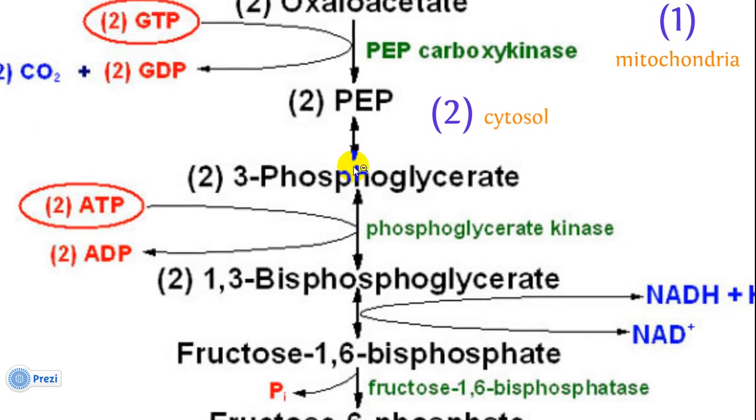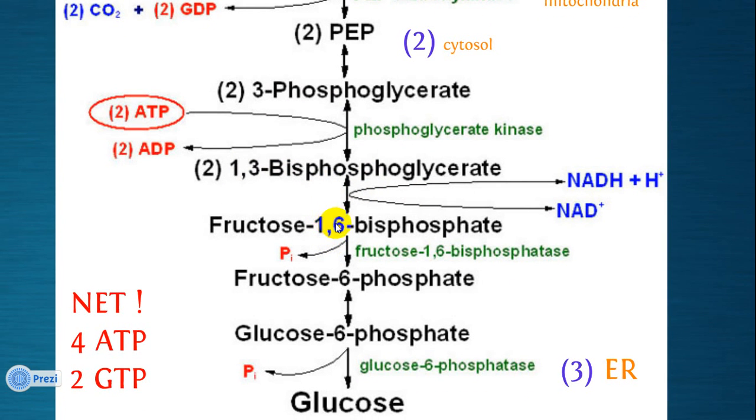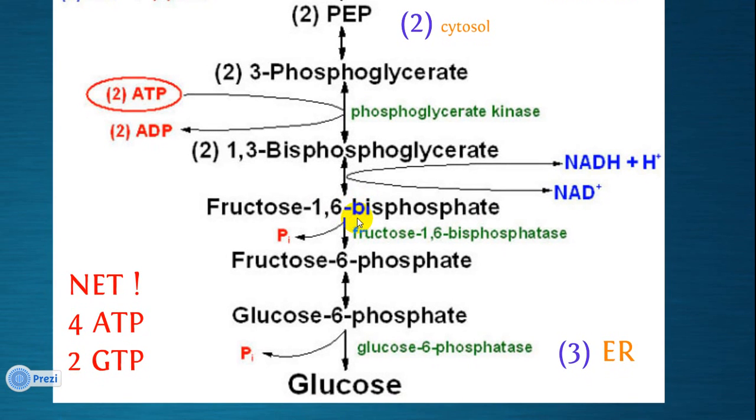In the cytosol, the phosphoenolpyruvate will go through some reactions. They are a little bit reversed from the glycolysis. You can see that the phosphoenolpyruvate will be changed into 3-phosphoglycerate, and the 3-phosphoglycerate will be changed into 1,3-bisphosphoglycerate by an enzyme called phosphoglycerate kinase. Kinase means an enzyme that will take a phosphate group from the ATP and add it to this compound. That's why we will have 2 phosphates in this compound. Now the 1,3-bisphosphoglycerate will be changed into fructose 1,6-bisphosphate. The enzyme name is not mentioned here or in the book, so just know that the 1,3-bisphosphoglycerate will be changed into fructose